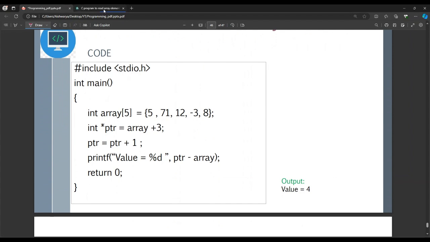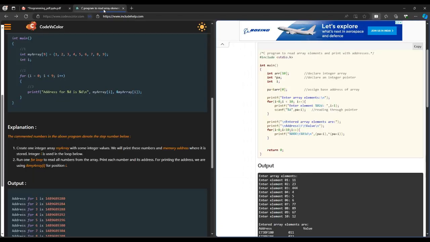Additionally, you can go through these two codes. Here they have declared a random array and they are trying to print the address of the array element along with the array element. This is one method. And here they are using another pointer variable to print the array element and its address. So PA is another external pointer pointing to the first element, although array itself is a pointer.